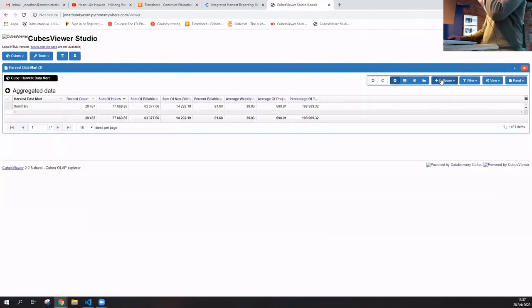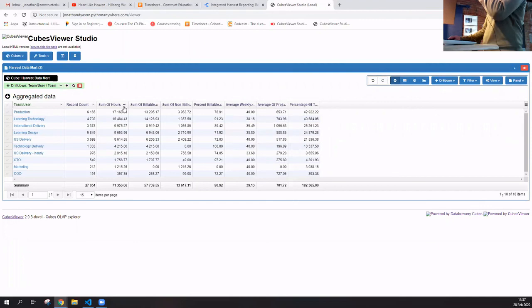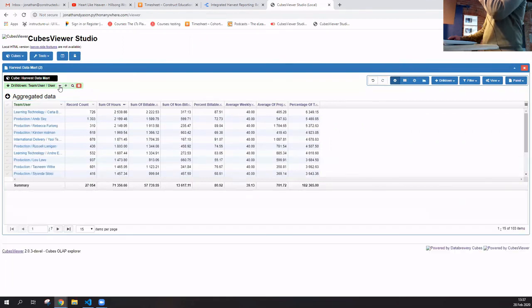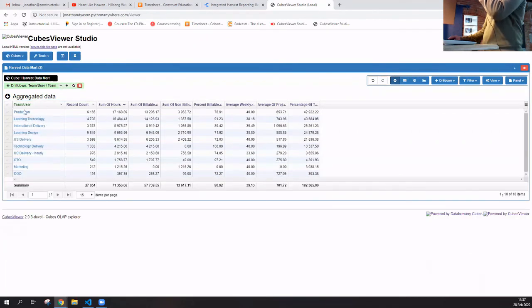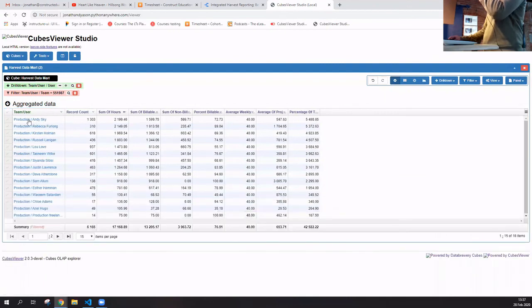What I could do instead is drill down by team and then user. So I could use that hierarchy, and then could click forward there, or I could select production, and then it would give me